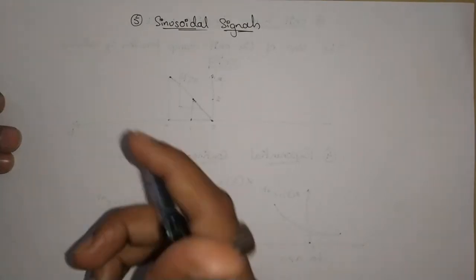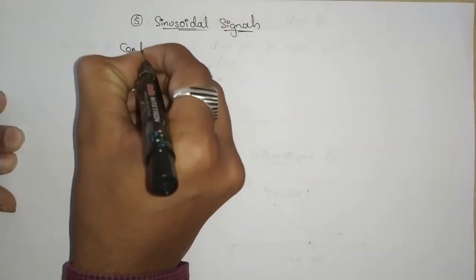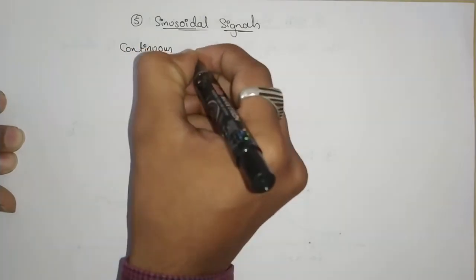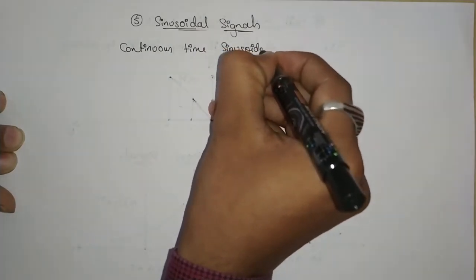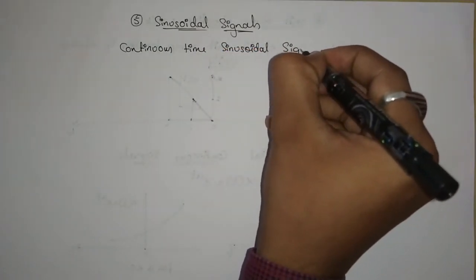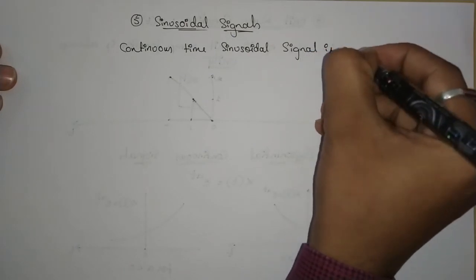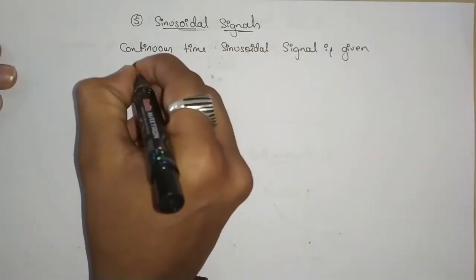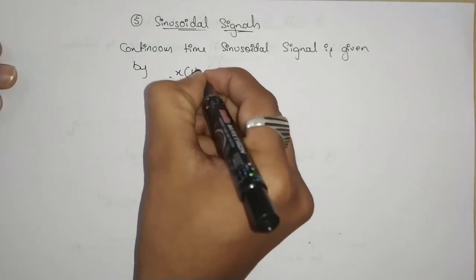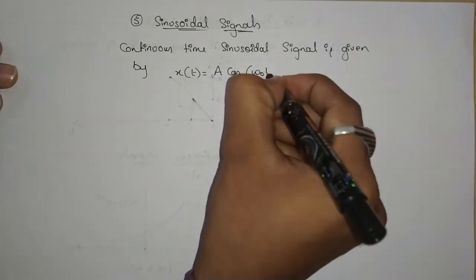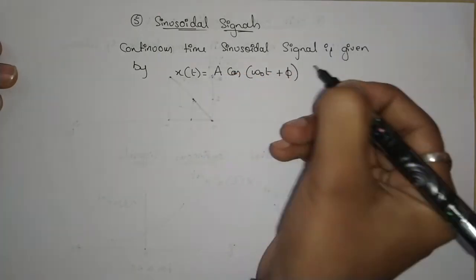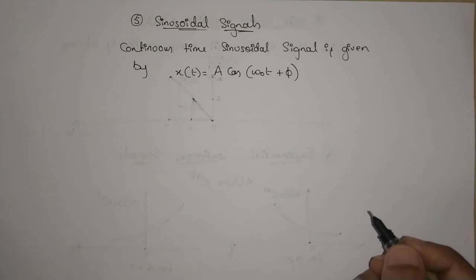A continuous time sinusoidal signal is given by x of t is equal to A cos omega naught t plus phi. Continuous time sinusoidal signal is given by x of t is equal to A cos omega naught t plus phi,